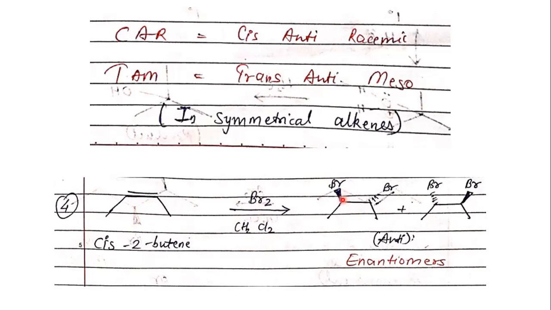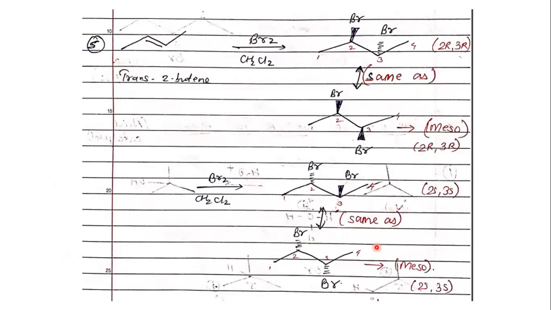How will the anti-addition take place? One of the carbons will have a wedge Br, another will have a dash Br. You'll also have an enantiomer of this product where this carbon will have a dash and the other carbon will have a wedge. So again, this is anti-addition, and you're going to get a pair of enantiomers, which is nothing but a racemic mixture. So I started with cis, bromination, that is anti-addition, racemic, meaning I'm going to get a pair of enantiomers. So this is your first kind of reaction, where your starting material itself showed some kind of configuration. The second example is a little bit complex.